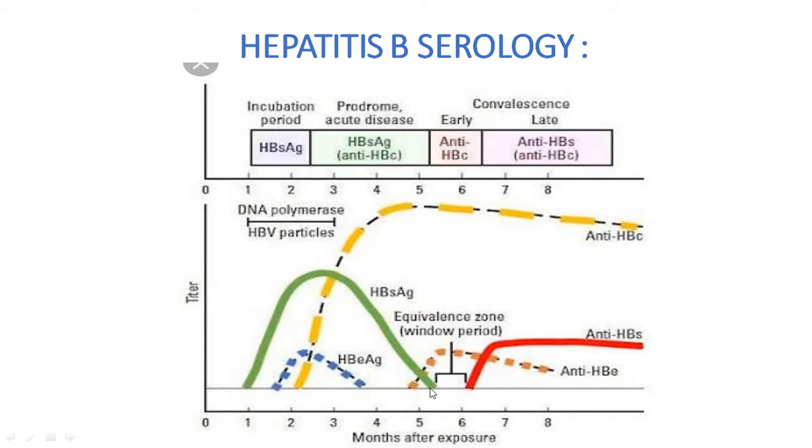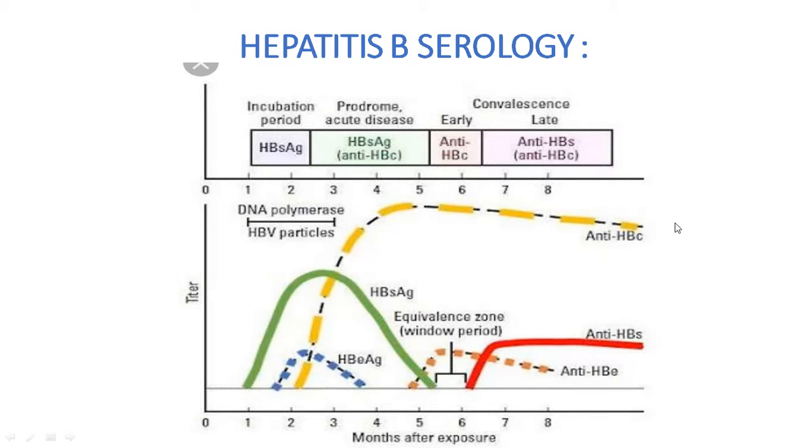recovered. Then after the HBsAg is decreased or it gets unnoticeable, the antibody, that is anti-HBs, starts and it persists lifelong. The other one, HBeAg, as I told you, is seen in the active stage, but it can disappear within 4 months of the infection, and anti-HBe antibody occurs. The other one is anti-HBc, that is a core antigen antibody. It can persist for a longer duration and it appears early in the infection.